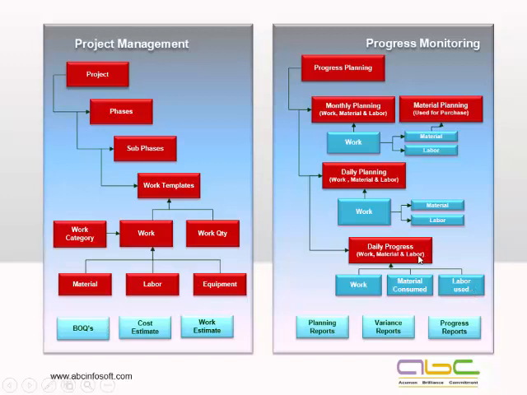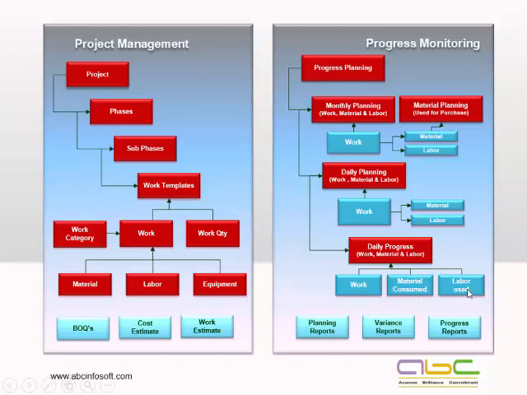Now here, this is very important to find out the variation between the BOQ versus the actuals. Let's say for a particular work, as per the BOQ, I was supposed to use 10 bags of cement. Then when we define the progress, it would be again linked with my material inventory. So whenever a contractor or an engineer is issued material for a particular work, for a daily work, he can define what is the quantity he has used against each work for each phase. This way I can give you the complete variation right from the BOQ or from the inventory level.